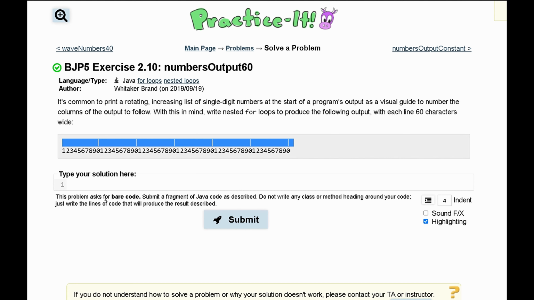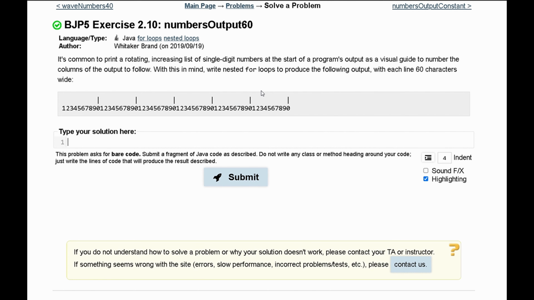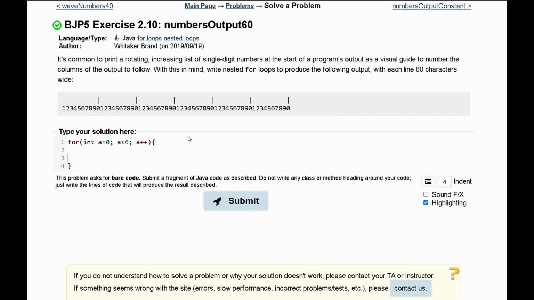Let's start with the first line right here. To output our first line, we know that we have 60 characters in here. 6 of them are going to be these lines, so we're going to have to output that 6 times. We'll do for int a is equal to 0, and we're going to run this as long as a is less than 6, and we'll do a++. And in here, we'll do a System.out.print, and we will output this line